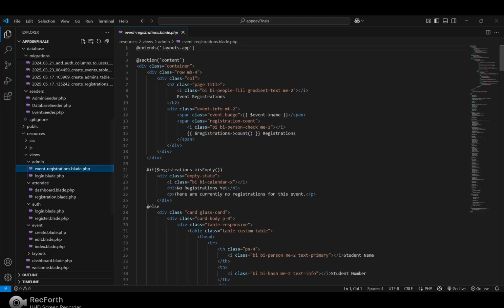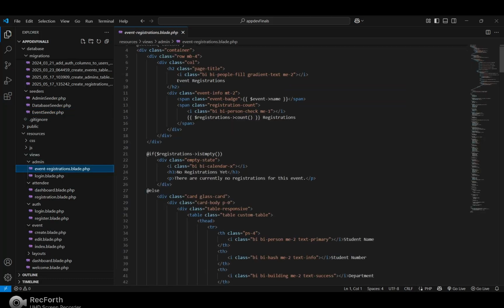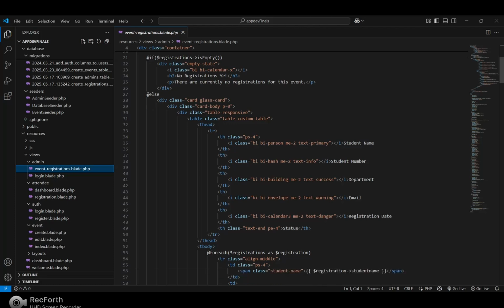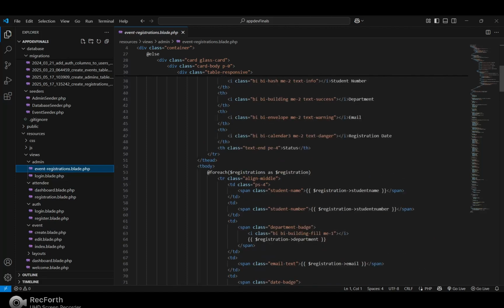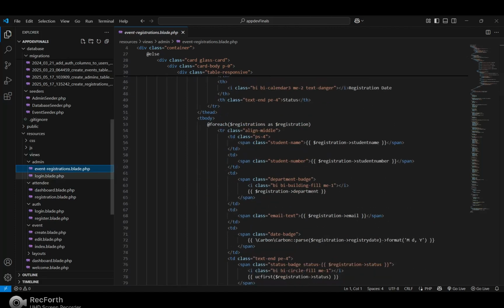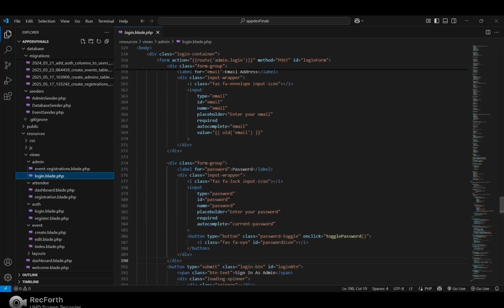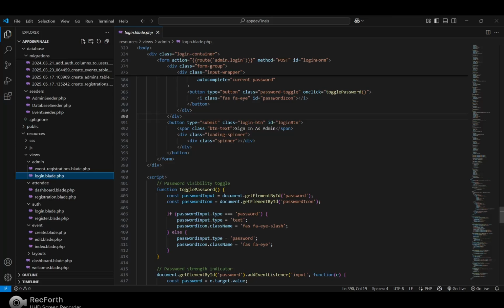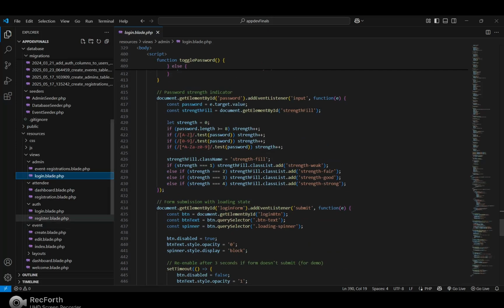Next, I'll show you the resources or the views. First are the admin views, the admin registration blades. This shows the current registrations. This is the login page for the admin, which only the admin can see.